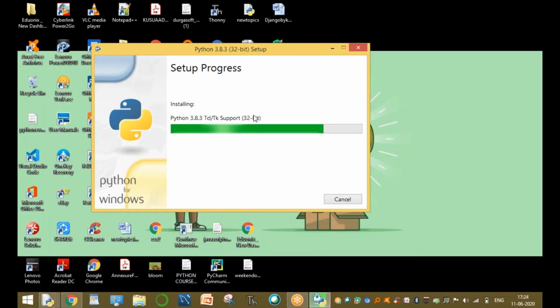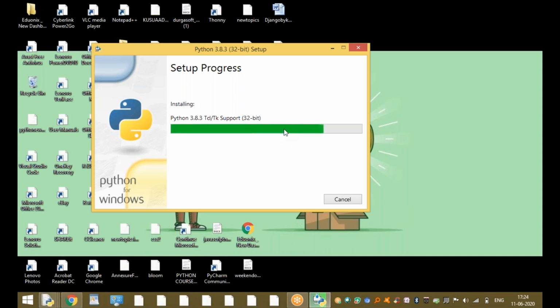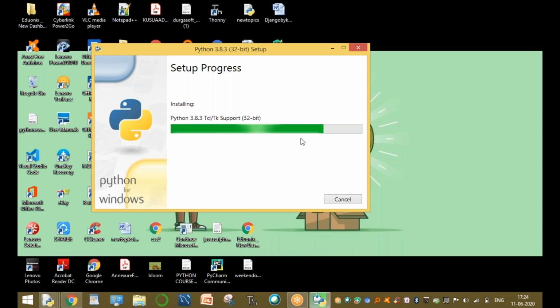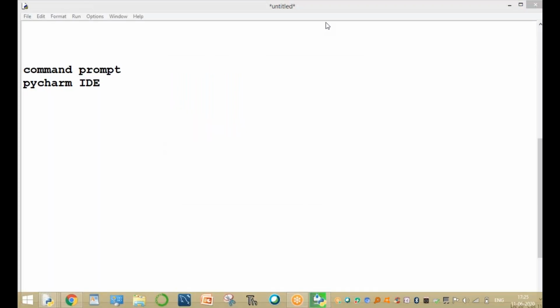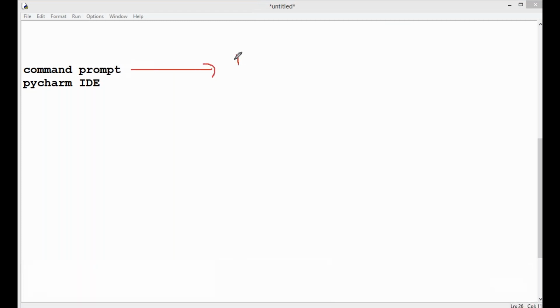That's the second way. Now up to 75% of the installation is over. Through the command prompt, first install Python and then the Django installation.